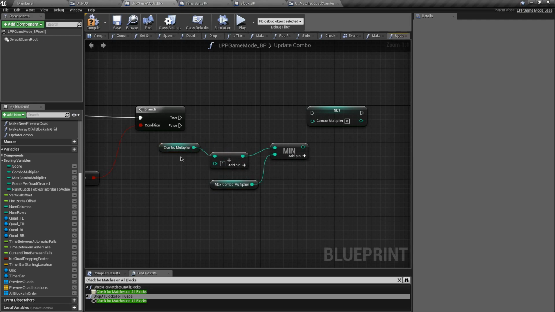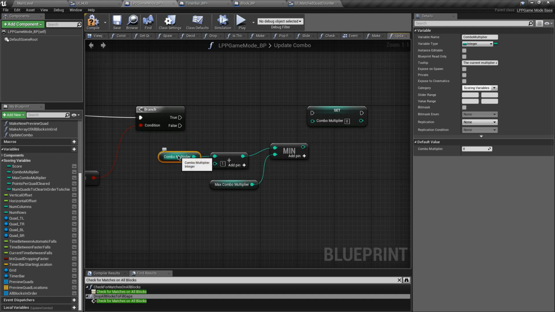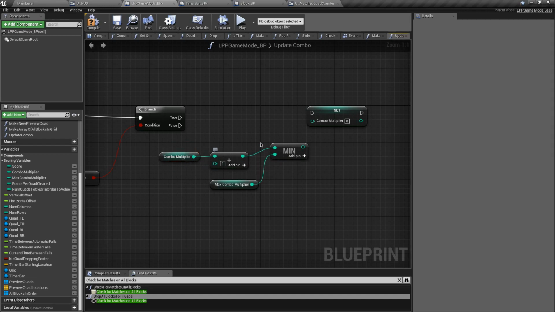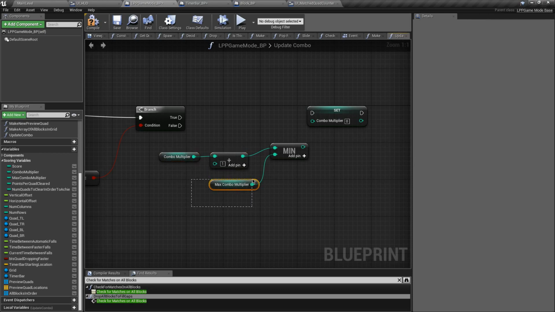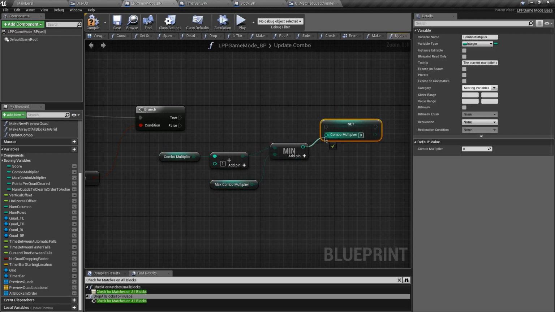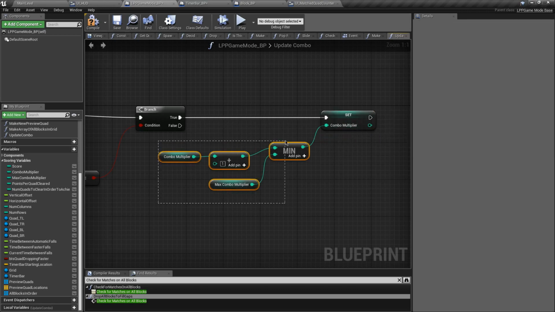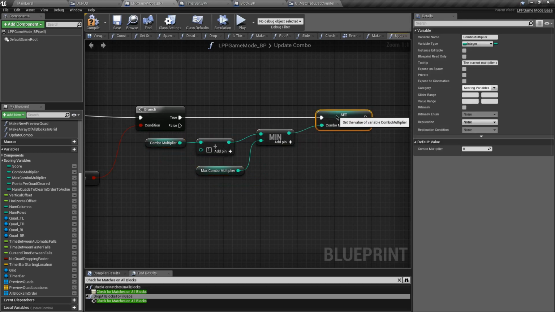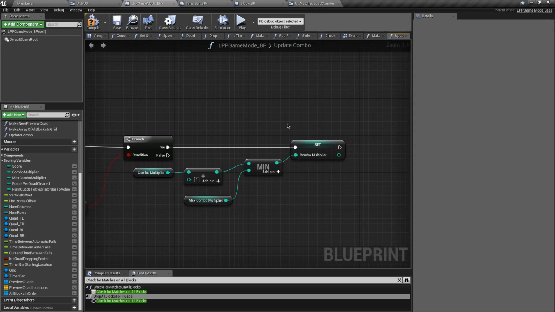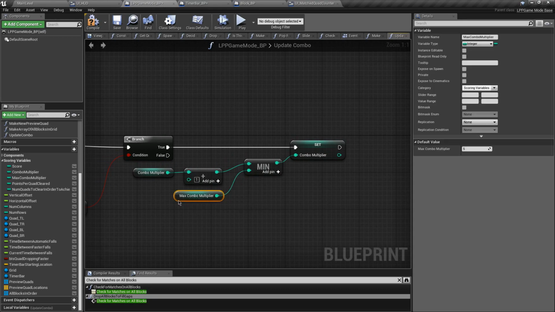and 5. So say combo multiplier is currently 4, then it will be incremented to 5, and so it's just going to be 5. But if combo multiplier is already 5, then this would be 6, but we're going to keep the lower number of the two, so it'll stay at 5, because we don't want it to go above 5. I mean, you could let it go above 5 if you don't care. Like, if you want to reward players who are really, really good at keeping combo up. But the game was balanced to prevent you from getting an incredibly high combo and just getting, you know, a